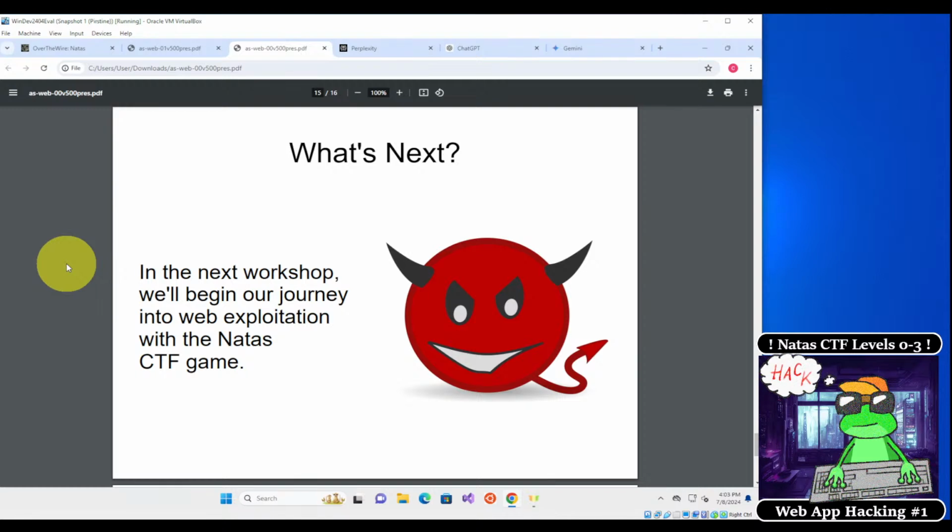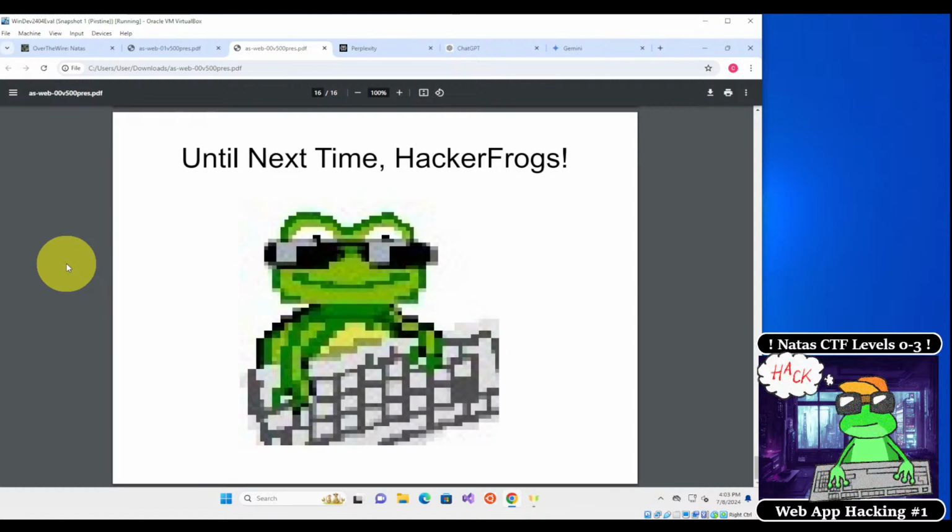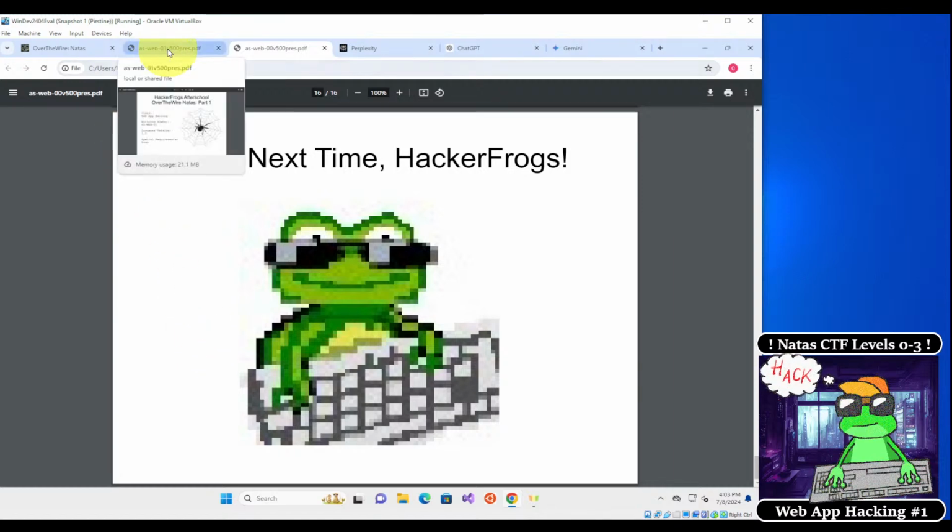So in the next workshop, which we're going to be starting right away, we're going to be beginning our journey into web exploitation with the Natas CTF game. All right, so that was the intro, and we're going to be jumping into the content of this first